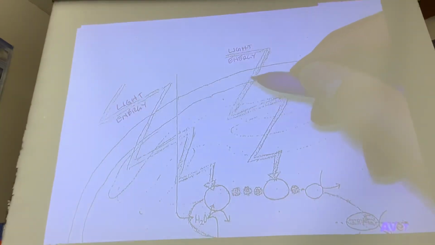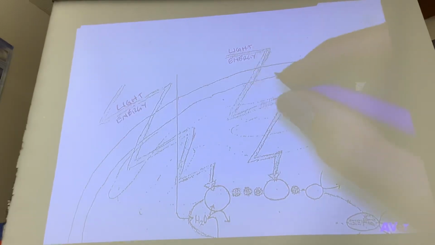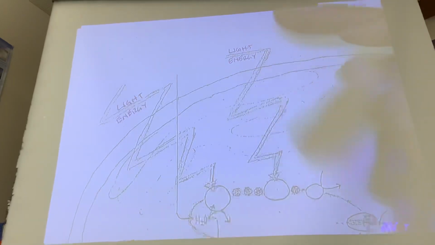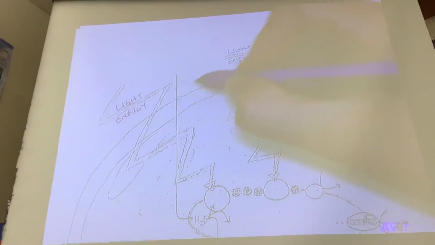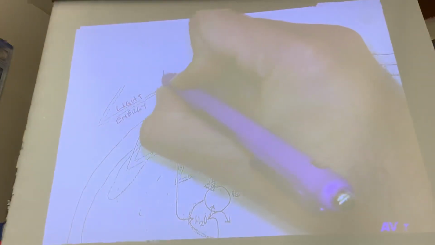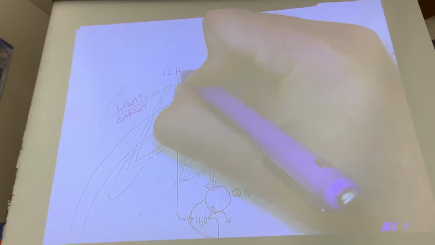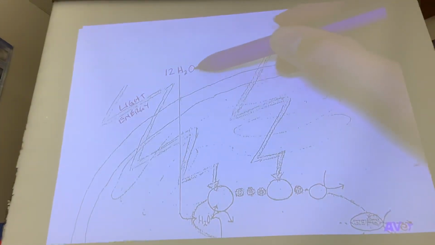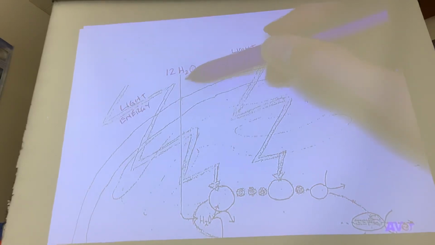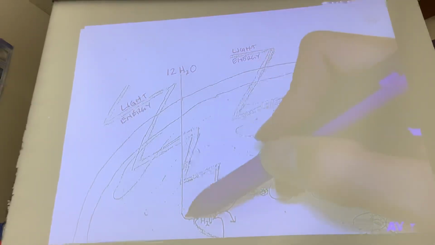What's the other thing that we need to do photosynthesis? We need water. Now, how many waters do we need to do photosynthesis, just to make one glucose molecule? We need 12. So up here on this little line that's coming in, I'm going to write 12 H2O. This is going to represent my 12 waters diffusing out of the cytoplasm into the chloroplast, and then they're